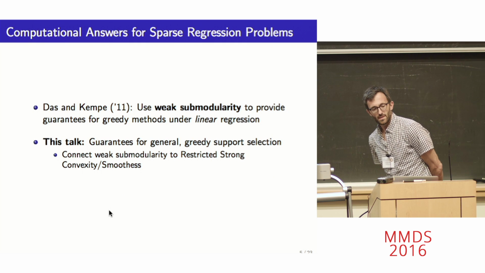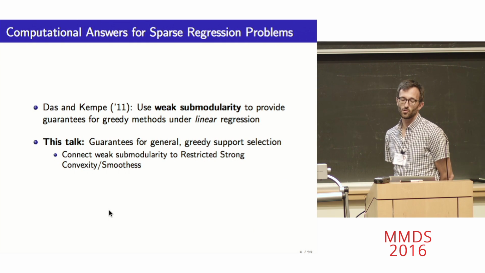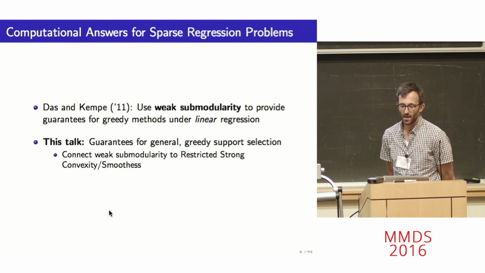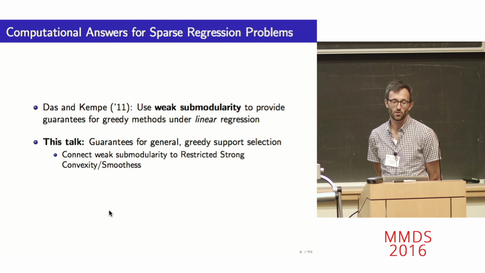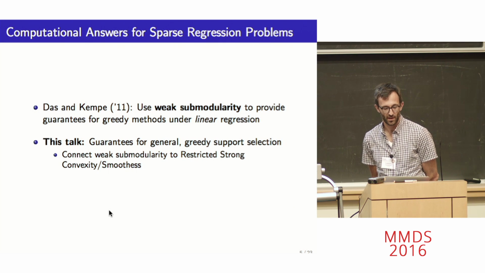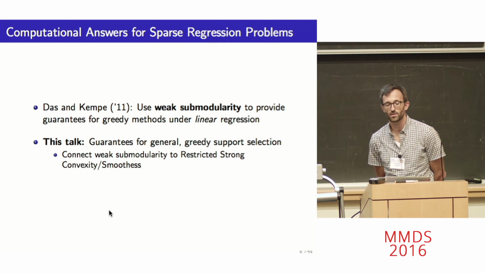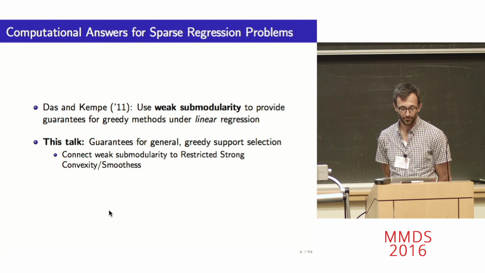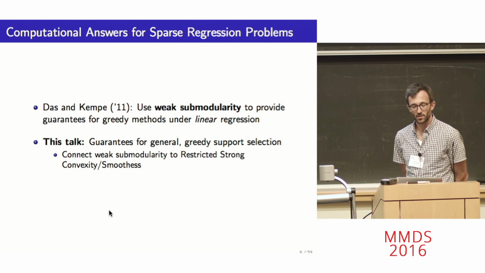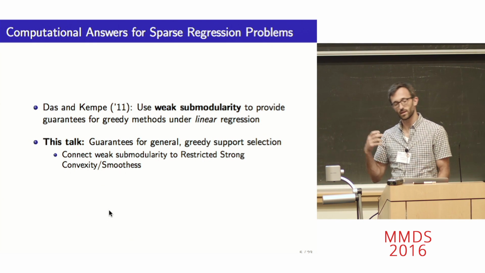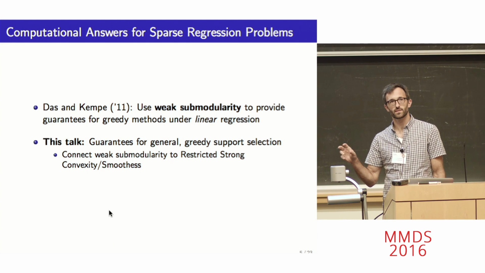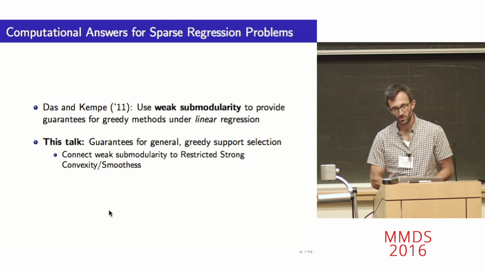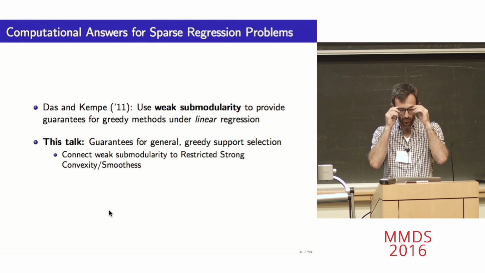Now, in a parallel development, Das and Kempe, who have used submodularity for many different areas, have turned this into a new definition called weak submodularity, which I'll define in a few slides, to give guarantees, again, for these high-dimensional problems in linear regression. So what this talk is about is trying to connect these two ideas. To connect concepts like restricted strong convexity, which for the last several years we've had an emerging understanding of how they help us solve these high-dimensional statistical problems, and